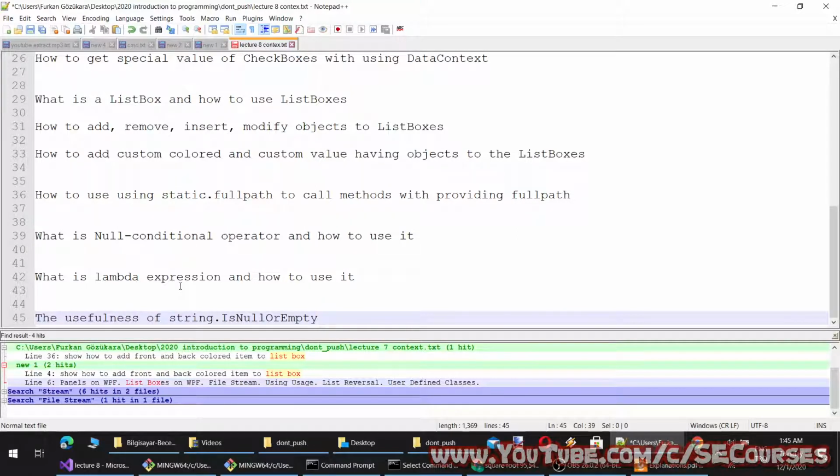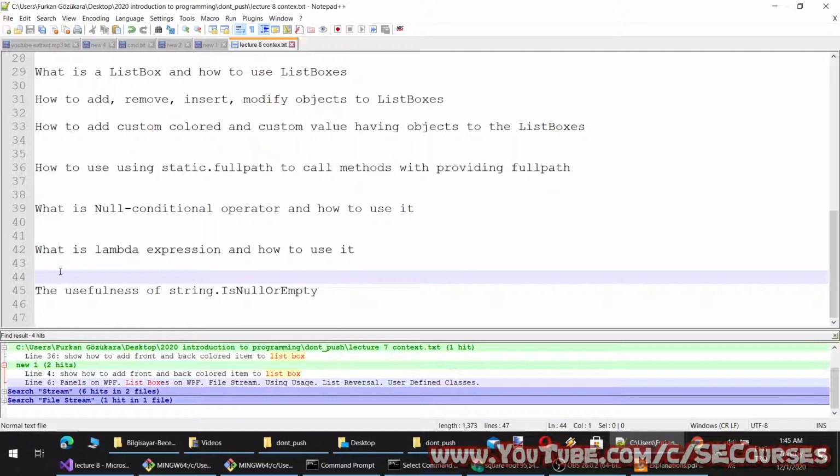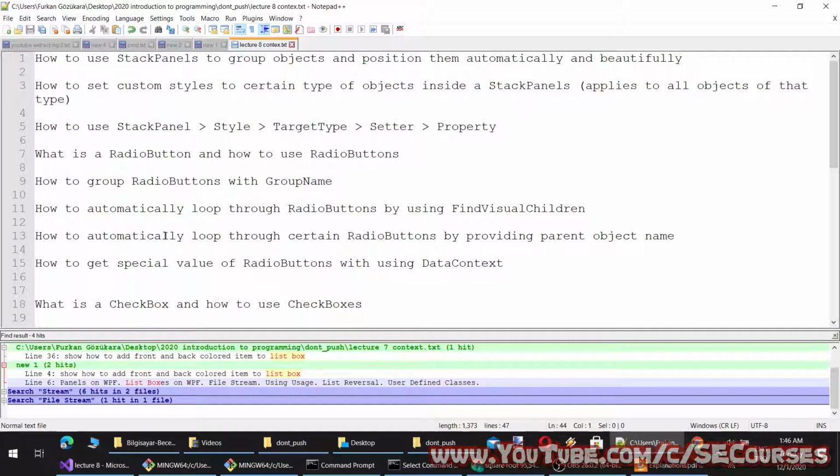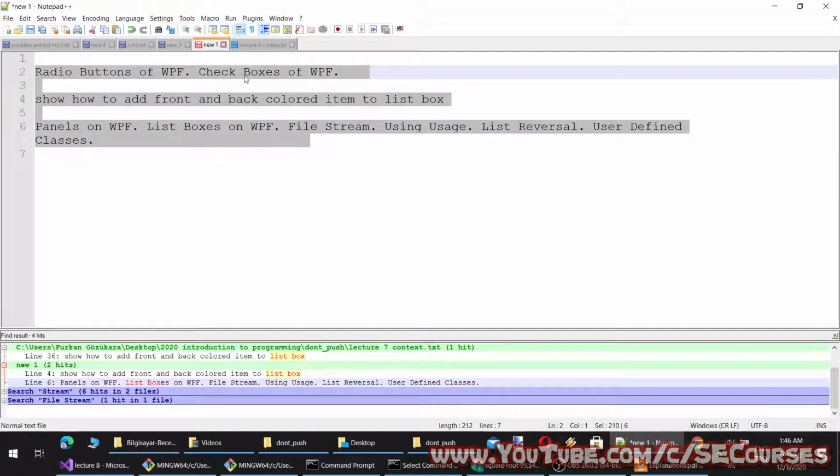Okay, you may not be understanding all of the things we are doing right now. However, you will start to understand them as we see them in the upcoming lectures, and next semester there will be advanced programming, and we will see most of these again there. So you may just memorize them at the moment. However, in the future you will start to understand them. Okay, and next week,